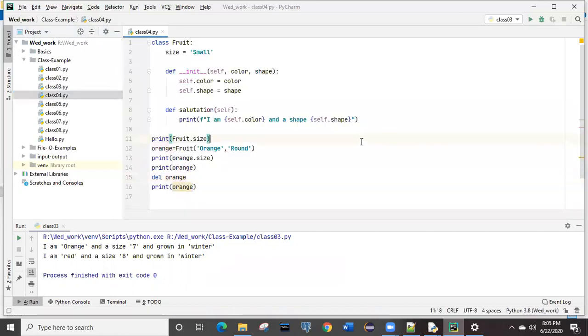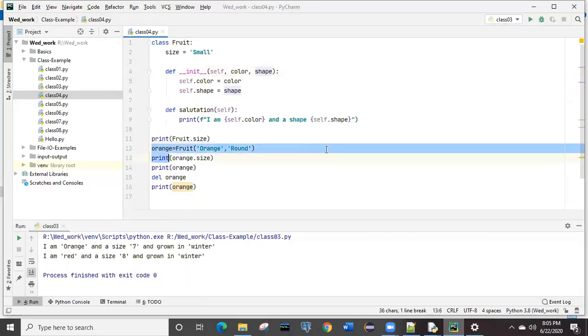So if you look at this another fruit class, the same fruit class which was present earlier, it has been modified a little bit over here. First thing I modified over here is the constructor. What this is doing is simply taking two arguments like the previous example, color and shape, which you need to pass while creating the fruit object. So you can see here line number 12, we are creating an object known as orange, which is the object of the fruit class with two different arguments. The first one is the color and the second one is the shape.